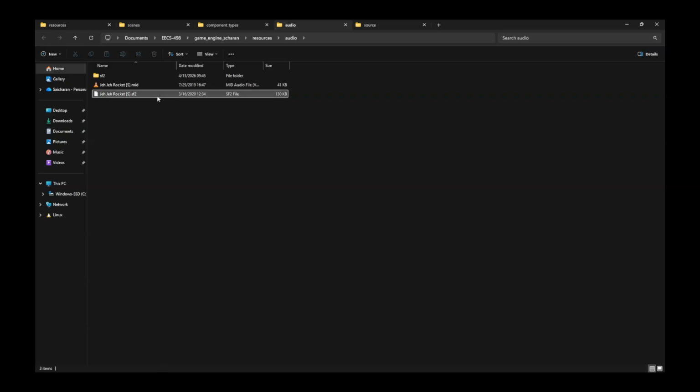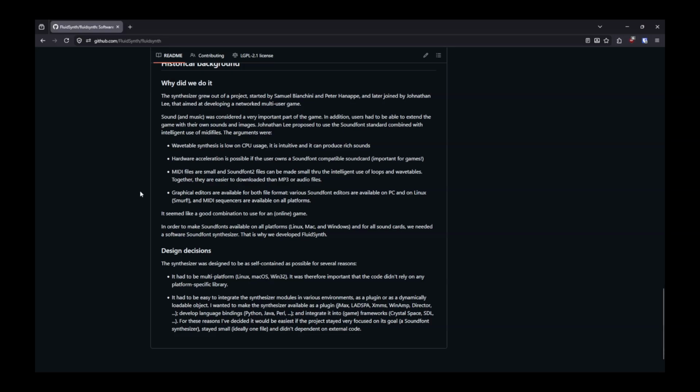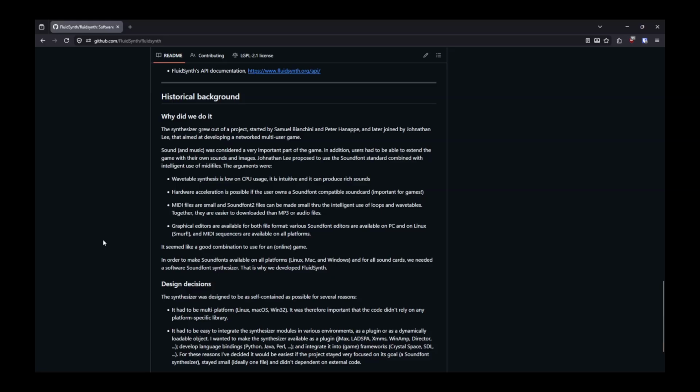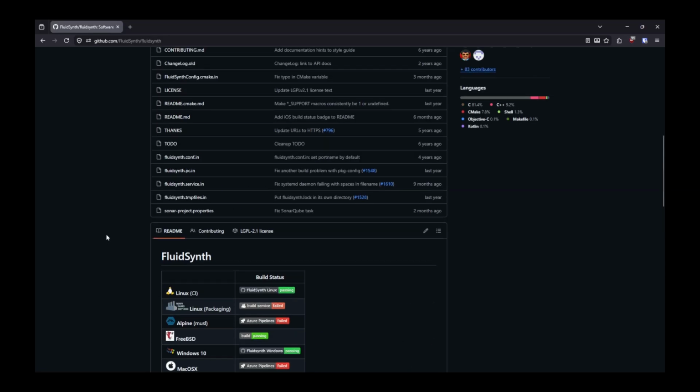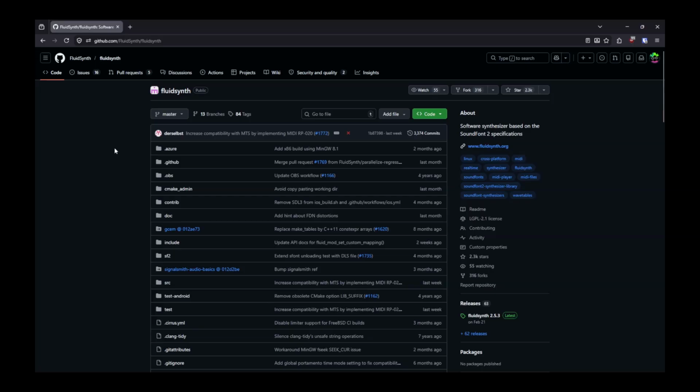And so you can get all of the plus points of getting high quality samples without having the memory overhead, which I think is really useful, especially for lower end hardware. Again, as said here, easier to download than MP3 or audio files, obviously, because they're much smaller. But yeah, those are one of the few advantages. So, to accomplish this, I use a library called Fluid Synth,